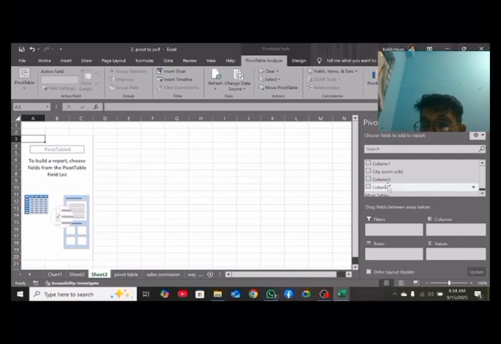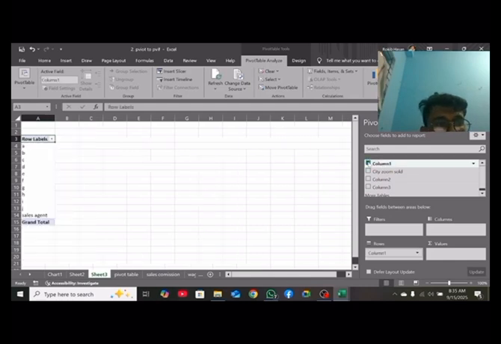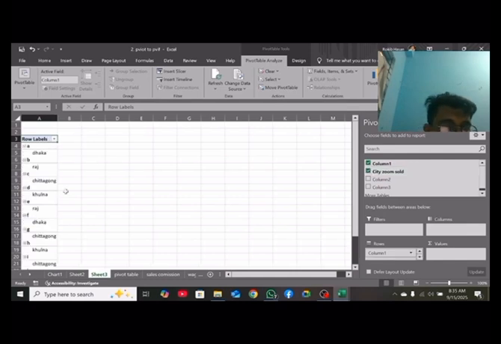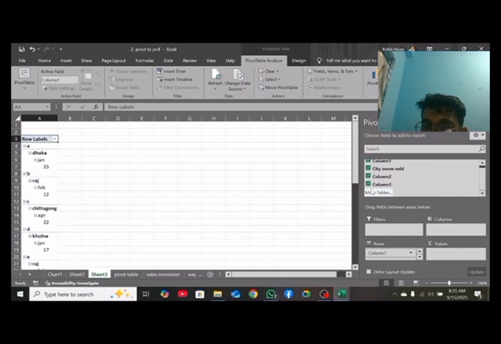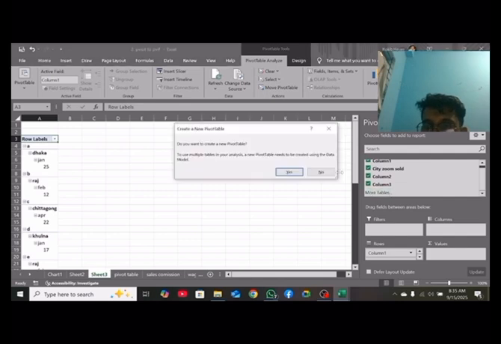When we want any variation or any result, we can easily solve it from the pivot table. Then we can select column A. This is the pivot table's rows. When we select Citizen Zoom Sold, then Citizen Zoom Sold shows Chittagong, Khulna, Rajshahi, Dhaka. Then when you select column 2, this column 2 shows Dhaka, January, February. And when you select column 3, Chittagong, Rajshahi, Khulna, the more tables are shown.